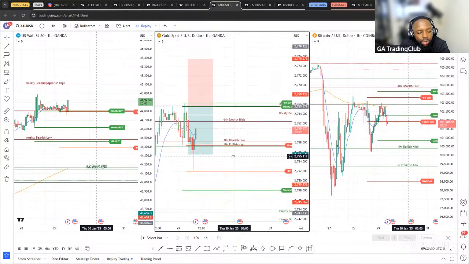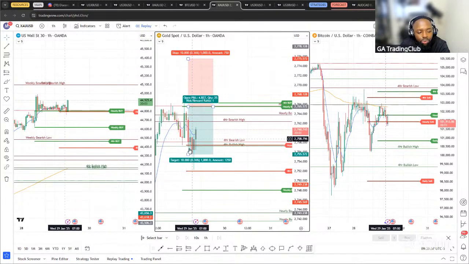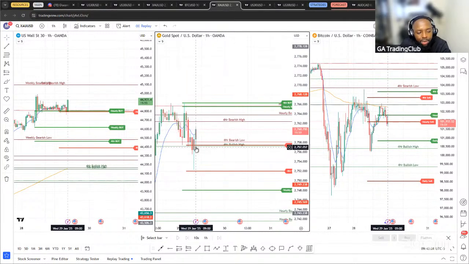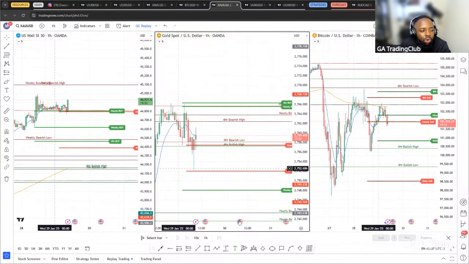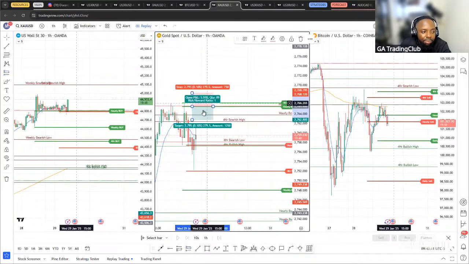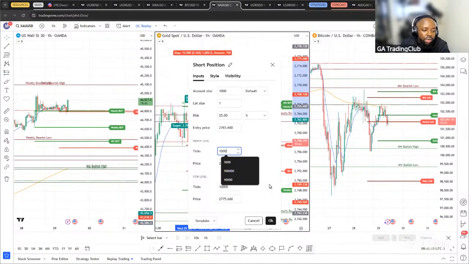However, if you look at where price is at this 4-hour bullish order block, you can see how price has rejected from it. We had a closure below, which is ideally a fake out, and then a closure back up, and you can see the current hourly candle has picked up liquidity from that 4-hour bullish high. So as much as this pending order would still be valid, that's why I ended up deleting my pending order for this gold trade, because